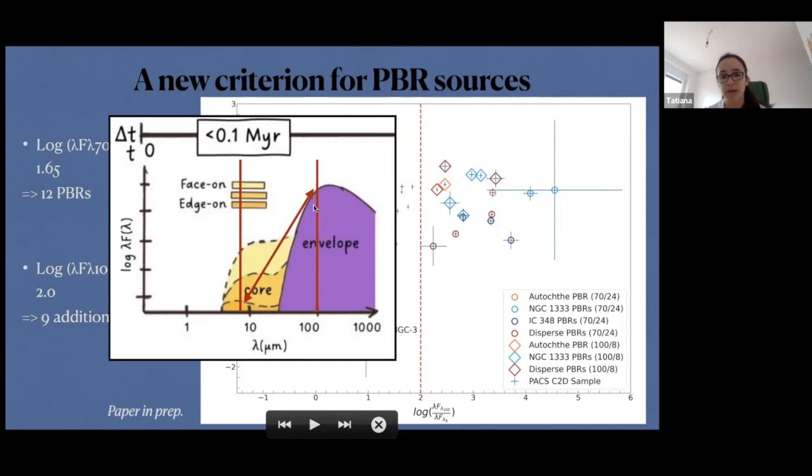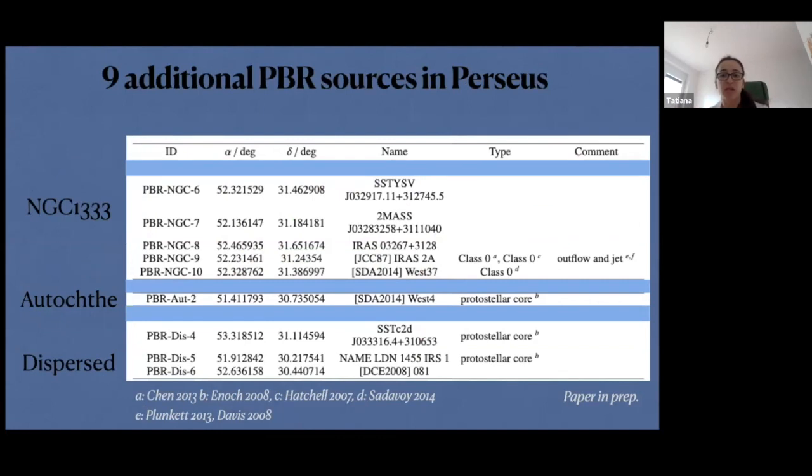And this would basically correspond to this ST shape over here, which would be hard to confuse with a class 1 source. So we probably are really dealing with class 0 sources, or even a bit younger than that. And again, trying to gain information on what these sources are individually. This is still in progress, but most of these seem to be protostellar cores or class 0 sources based on literature. And for others, we might need to get more information either by observation proposals or other literature studies.